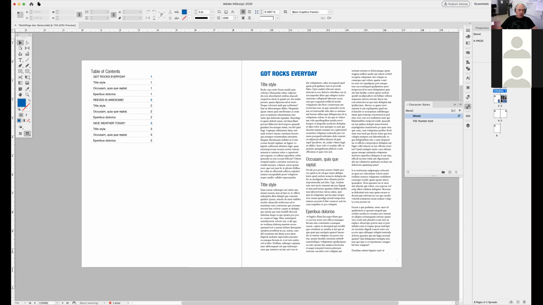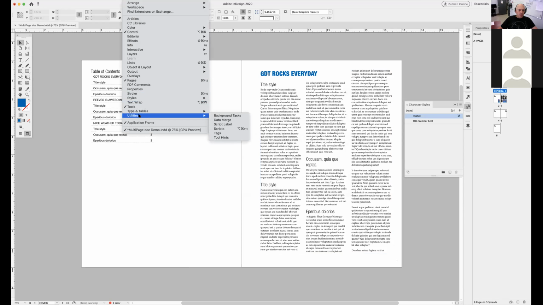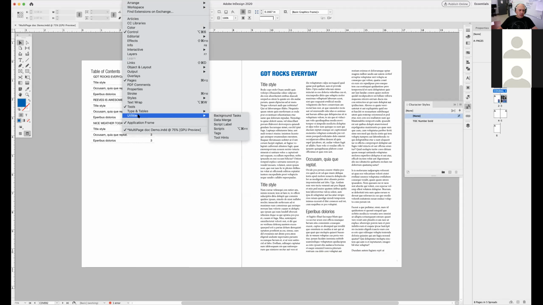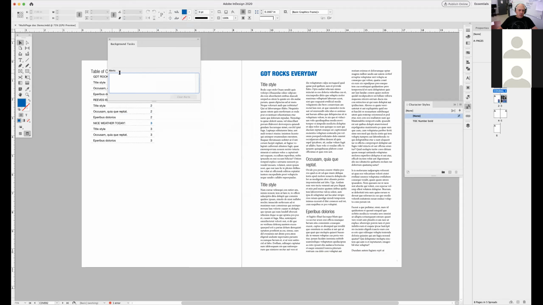And it's exporting it right here. You can see right up here, see the little mark right there. You can go into your utilities. Oh, that was too fast. Usually you can go into your utilities. That was really fast. And you can go background task, and it will show you basically when you're exporting your